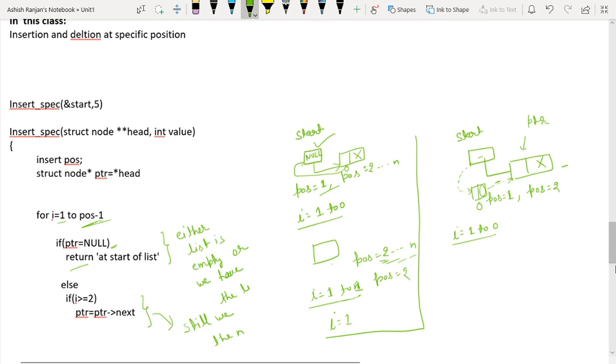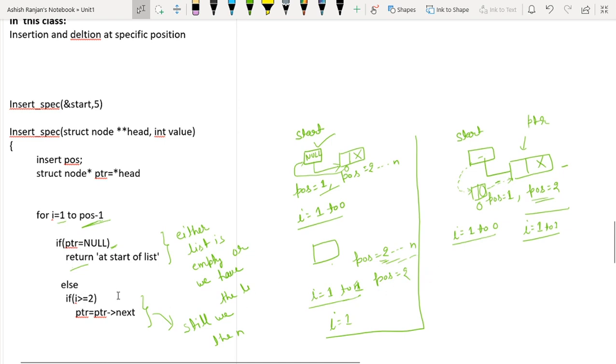Now for pos equals to 2, my for loop will run from 1 to 1. So the condition is true. Is ptr null? The condition is false, ptr is not null. So we'll come here. Now I have written here i is greater than or equal to 2. Why I have written this, I will tell you later, in the next case.